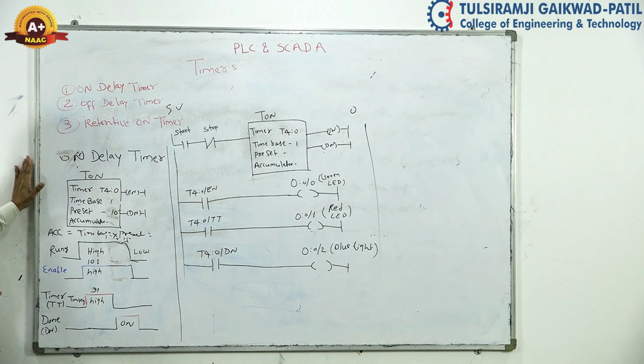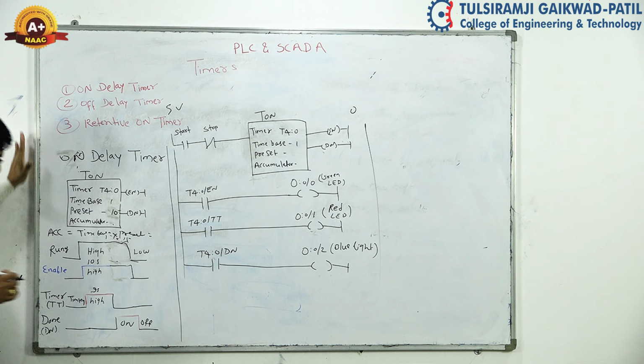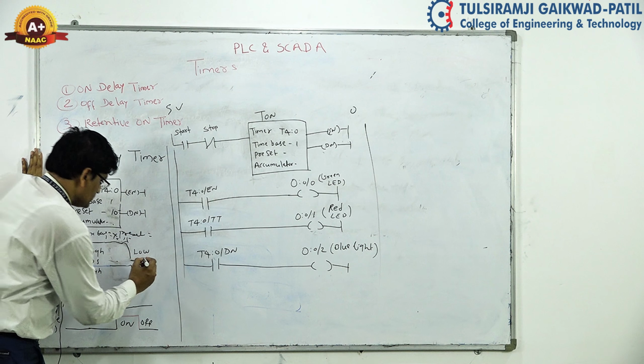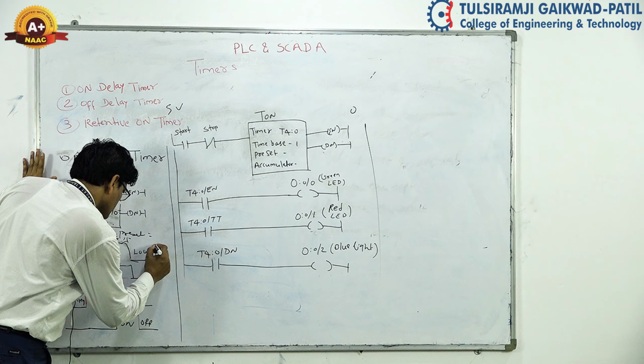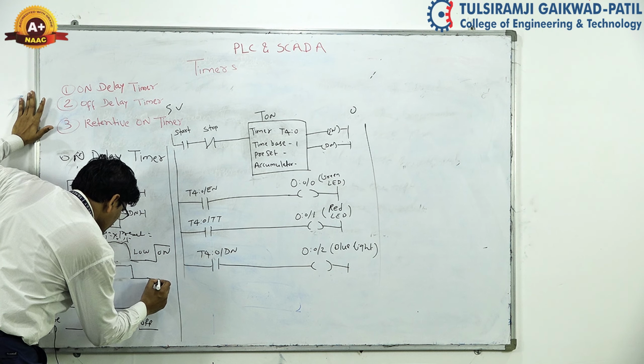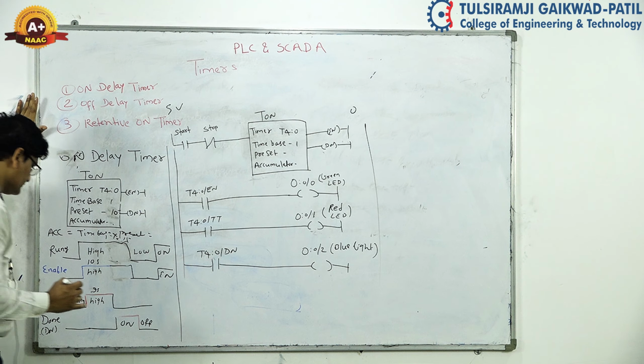The done bit is on till your rung is off. When the rung is off, the enable bit will be off, and at the same time the done bit will be in the off position. If you want to continue the process again, we again have to switch on the rung. At the same time this enable bit will be on. Again here the TT